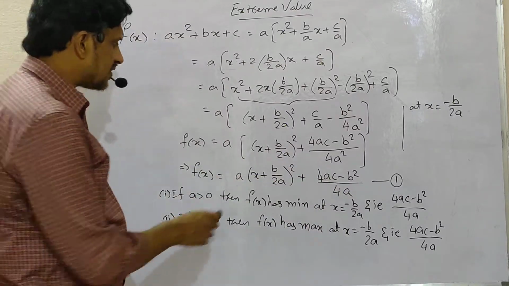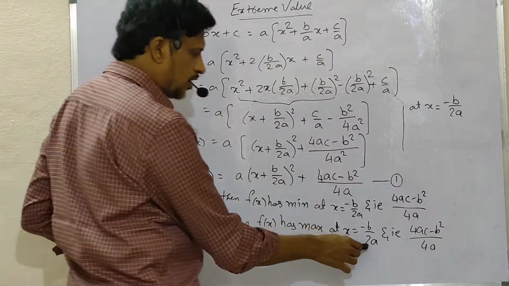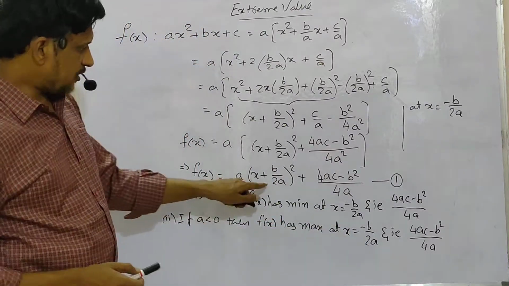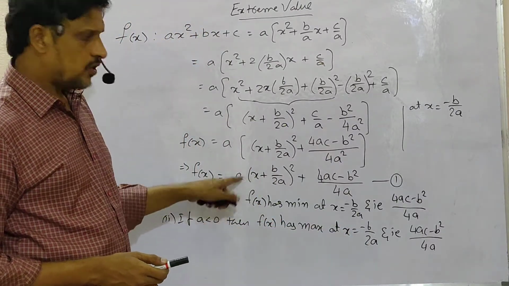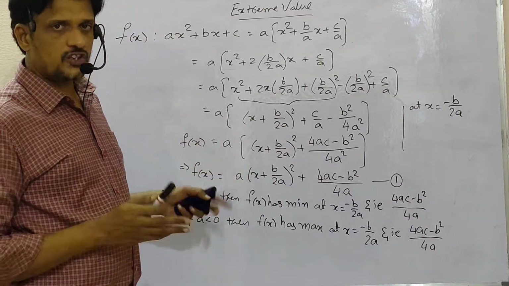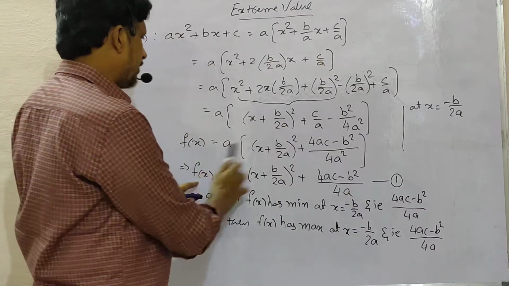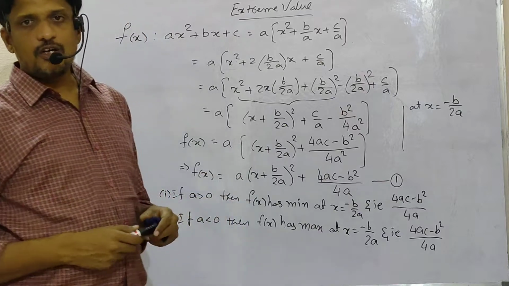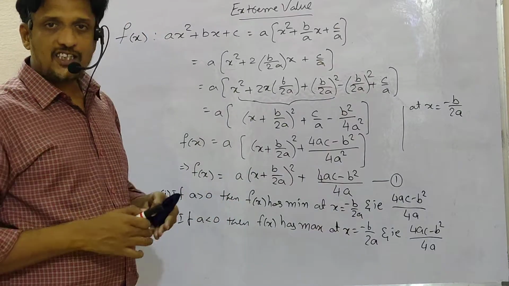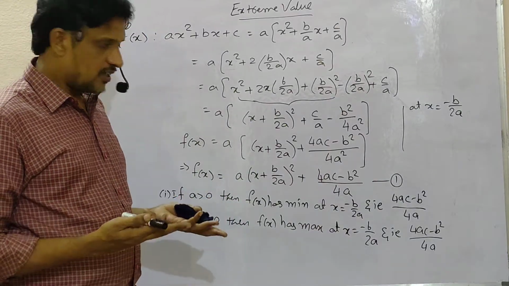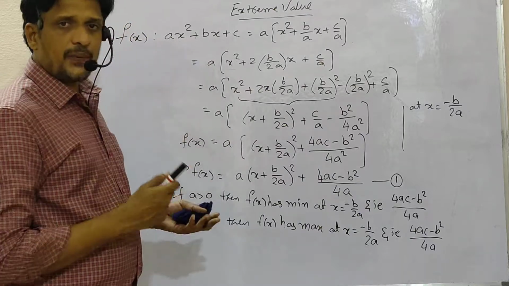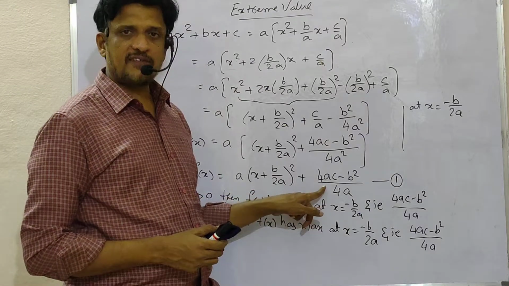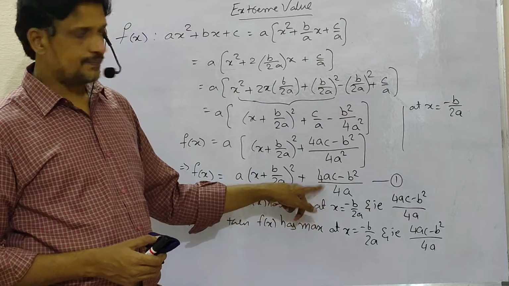For example, if you are subtracting 0, that is at x equal to minus b by 2a, this will be 0 into a, which is negative. So 0 is neither positive nor negative, no problem. Then immediately you can say that these two are equal. There you are subtracting 0, means you are subtracting nothing. So the maximum possible value of f of x is this one, (4ac minus b square) by 4a.